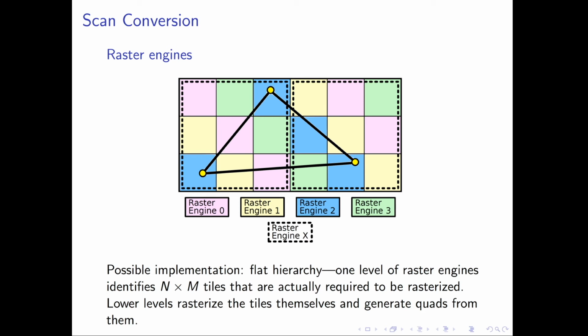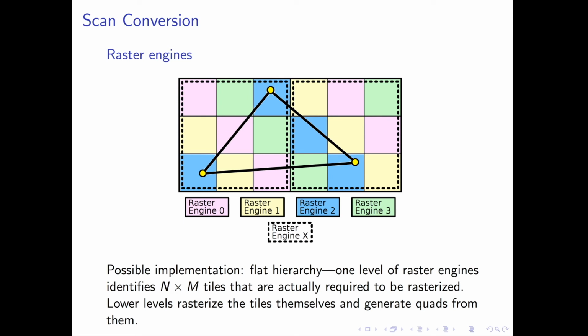On the other hand, it's also quite typical that those are really shallow hierarchies. A hierarchy is of course beneficial in that it would be able to identify lots of work a priori and cull larger workloads from actually being processed by the raster engines that are concerned with individual tiles. So this, of course, is an asymptotic and algorithmic optimization, but on the other hand, it's also something that makes the hardware more complicated. When we put this to the extreme, we would have a tree traversal over raster engines,